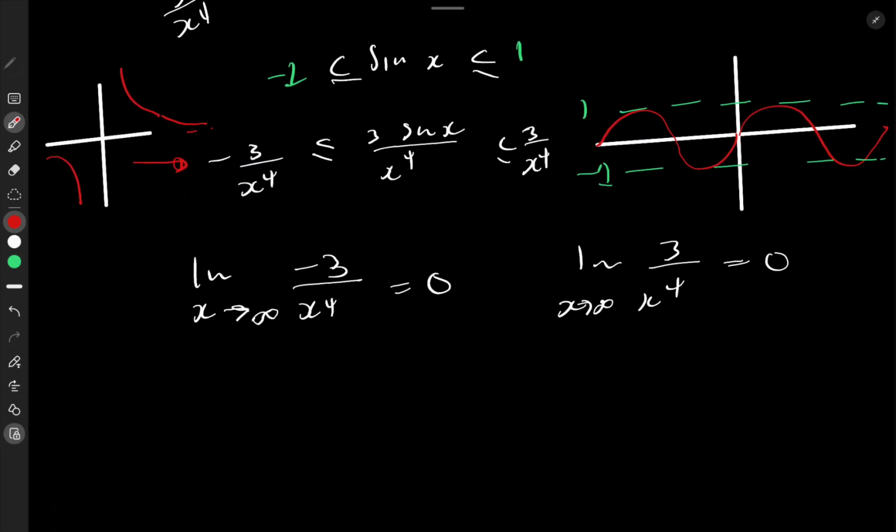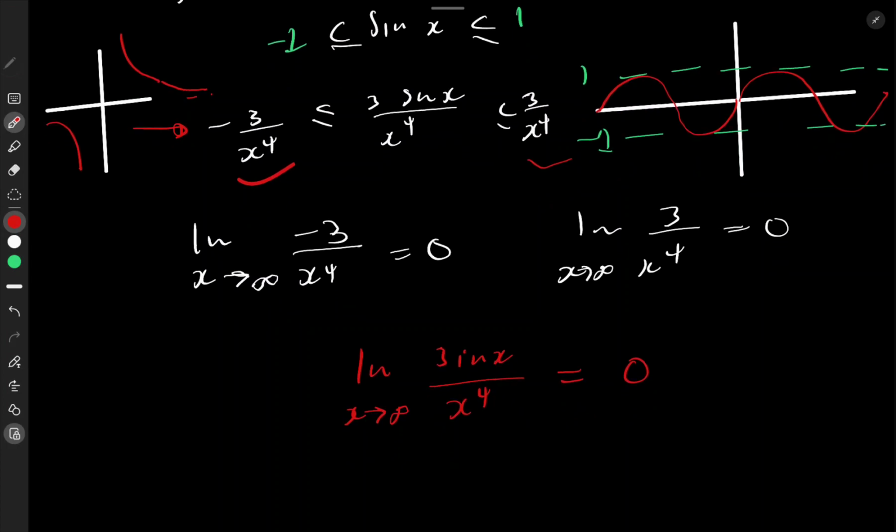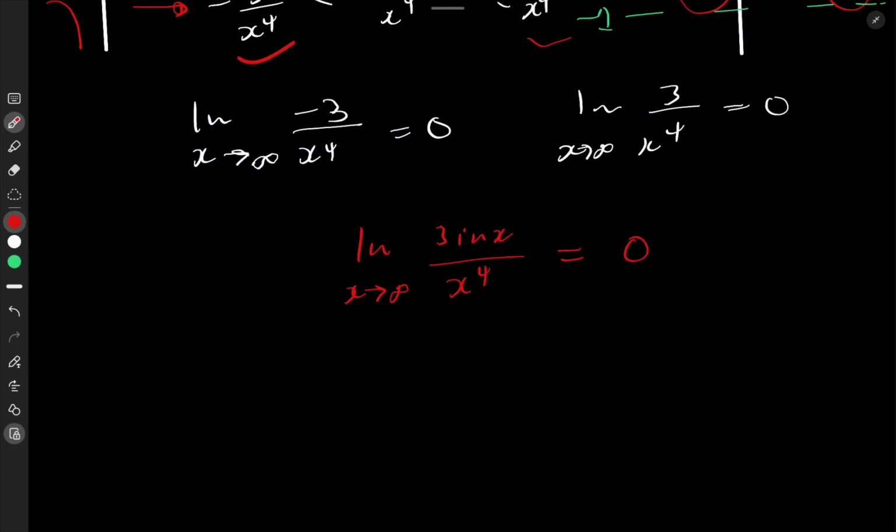Now we just said that the limit of the lower boundary and the limit of the upper boundary are the same. That means the limit of 3 sine x over x to the power 4 as x gets close to infinity will also be 0. Okay, why are we saying this? We're saying this because